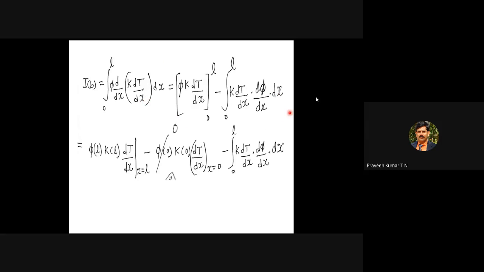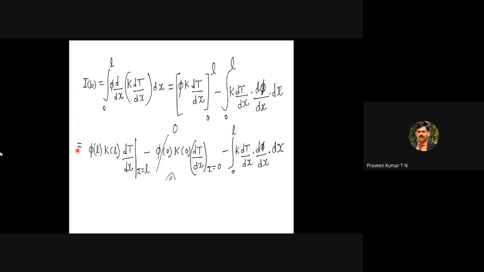Now we are going for the integration by parts for the first term. We have not moved to the second term; we are in the first term. After you have the first term here, you have to apply the limits. One is the upper limit L. Wherever there is a phi, for each and every term, you have to apply the upper limit, then the lower limit. Once you apply the upper limit, phi is replaced by phi of L, k is replaced by k of L, and for dt by dx you have to find the rate of change of temperature at x is equal to L, minus phi of 0, k of 0, dt by dx at 0. The third term is the integration term, and we are keeping it as it is.